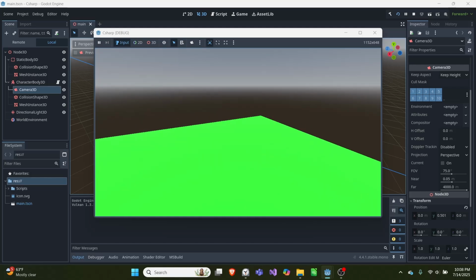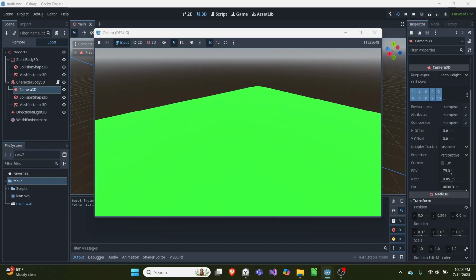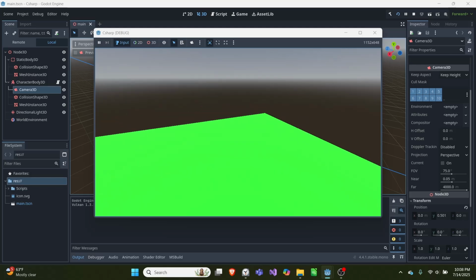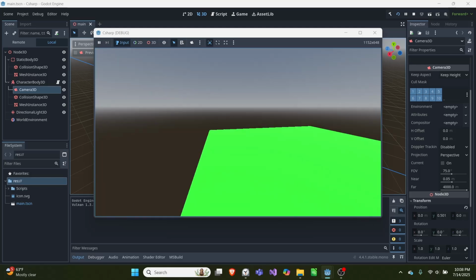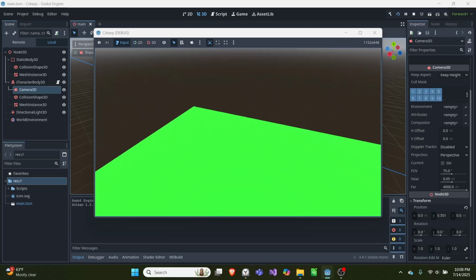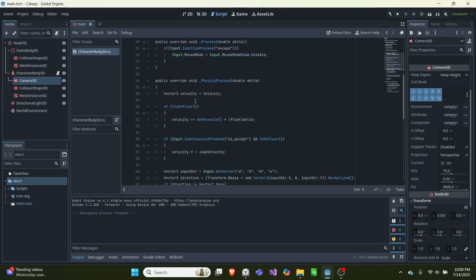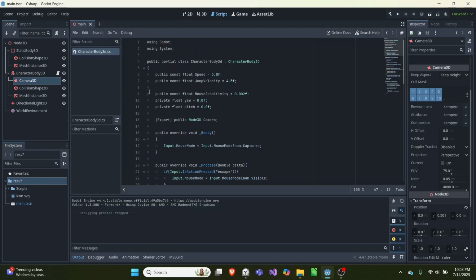In today's video, I'm showing off this improved character controller for Godot using C#. The normal character controller for C# includes all the movement, but does not include camera controls, as you can see here. So if we show off how it works, we can go to our script,